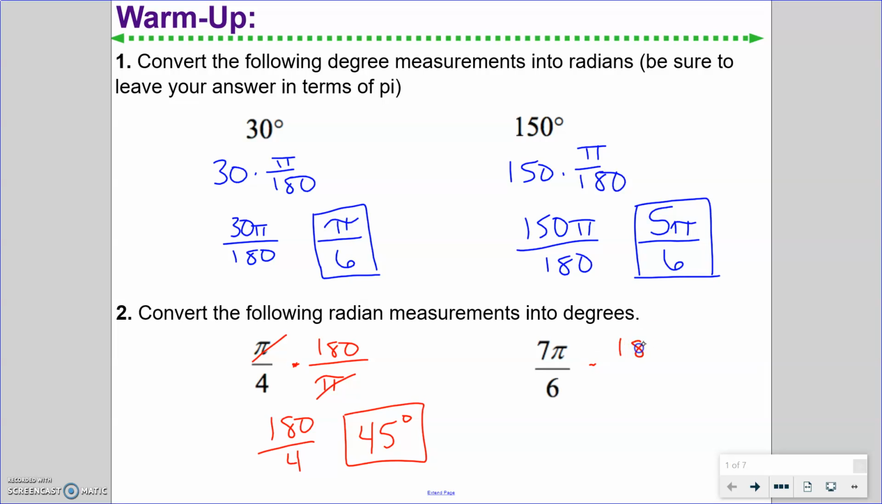Last one, change from radians into degrees, the pi cancels. So 7 times 180 on the top is 1,260. And then when I go to divide by 6, I get 210 degrees. All right, when you are ready, let's move on to the next